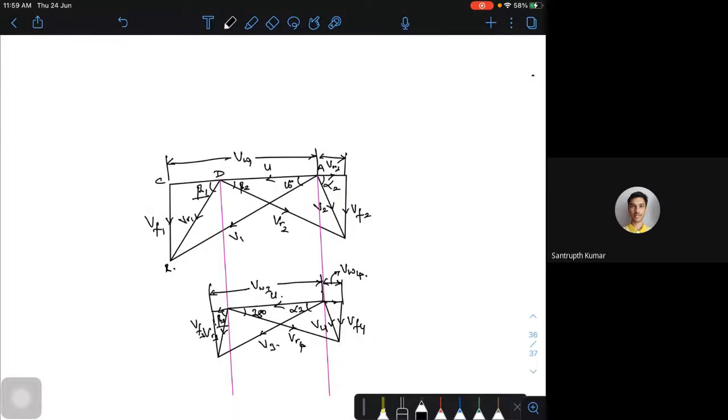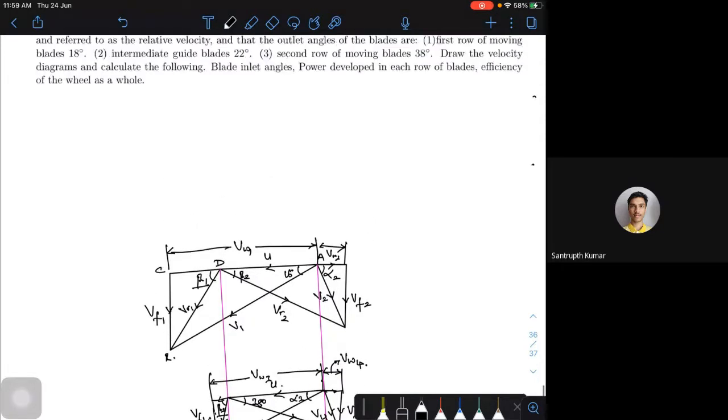As a hint, I'm going to give you these velocity diagrams. You can take these velocity diagrams and you can solve. One hint I can give you here is, in the solution, you write all the data, what is given. D is equal to 0.7, all those things. The hint is, your frictional loss efficiency is 0.76, which is actually Cb square of Vr2 square by Vr1 square.